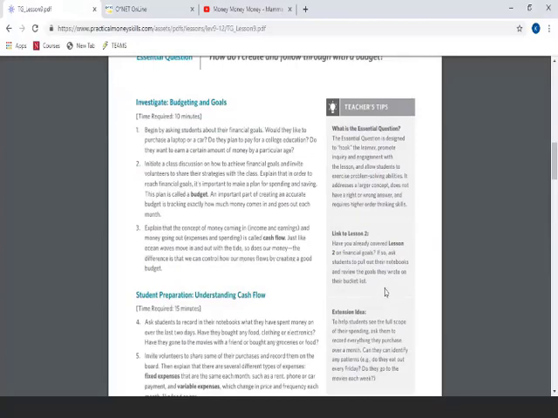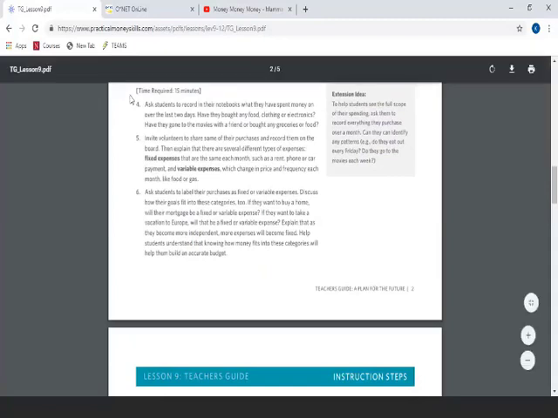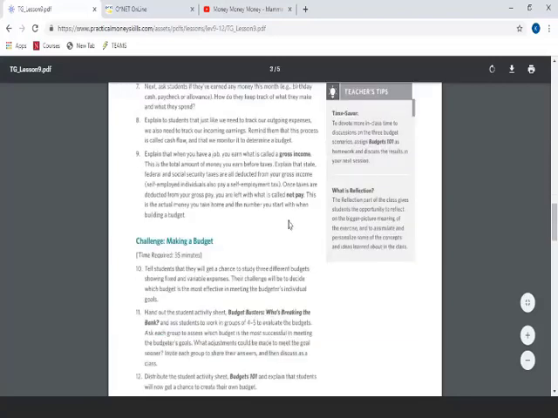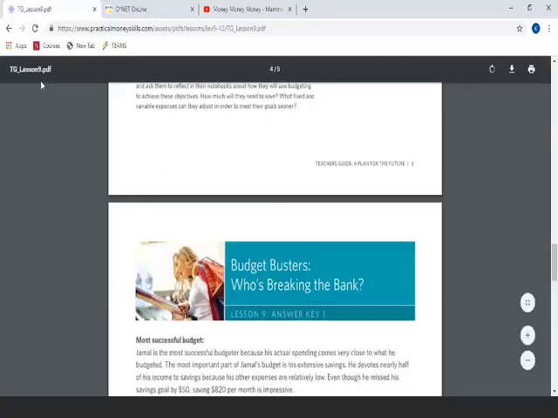Tells you exactly what all your goals are, what you're looking for, ways to talk about it, and even points out the time required for each step of this. So I really do like these lesson plans. They're great. If you go back to the very beginning, not just for financial literacy, but for any type of lesson that you're looking for, there's something that's listed for it under this Practical Money Skills. But yeah, this is a great one to use.